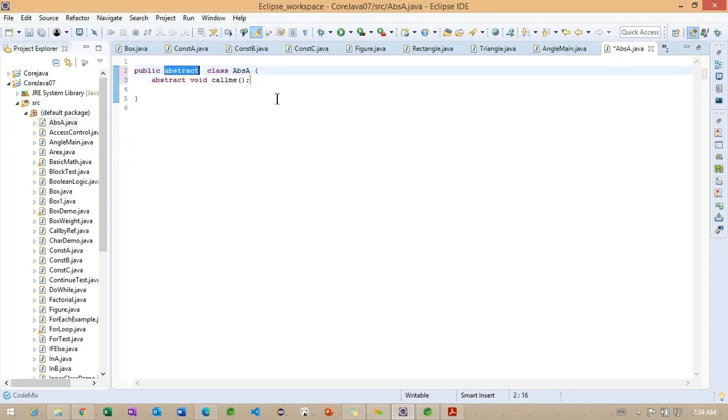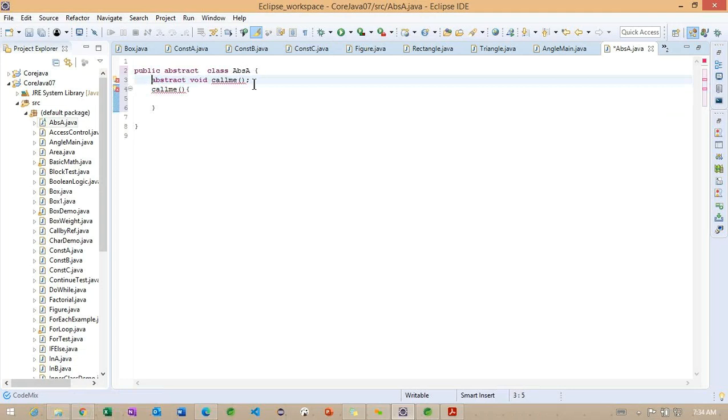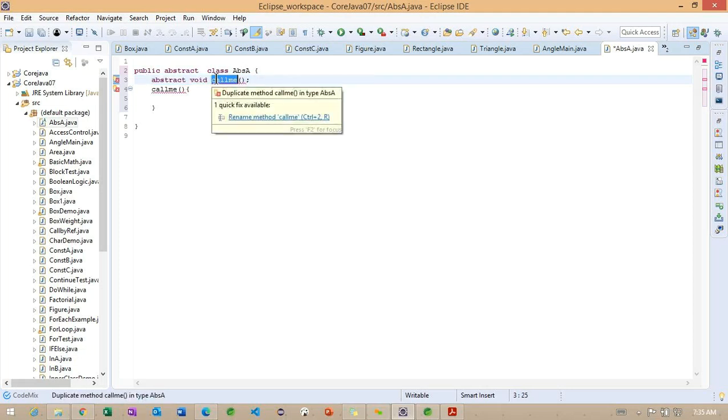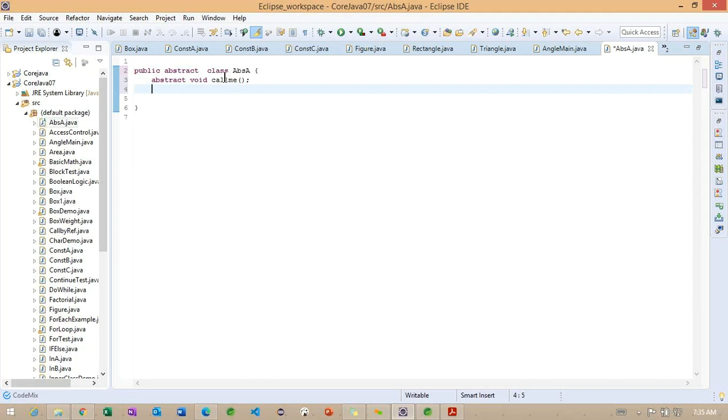getting the point? So we have two options here. You can see this is nothing but just defining the method. This is very important: defining the method is different and implementation of the method is different. The implementation of the method will look like this, and the definition of this particular method is going to look like this. So what we are doing here is trying to declare the method. The implementation is going to happen in the subclasses. Getting the point? This is the way we are going to work with the abstract method here.